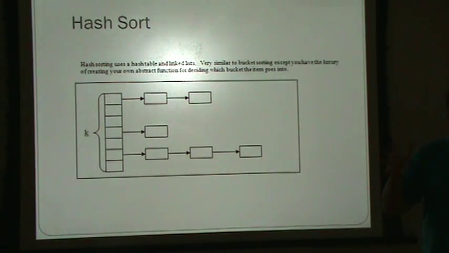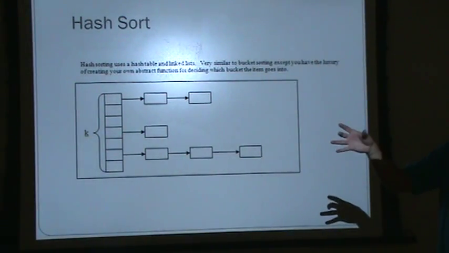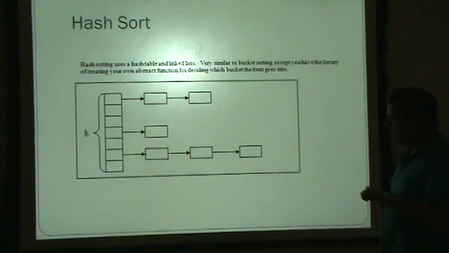Now, if you made it really complicated, where it takes the person's first name and their age and divides it by, if it got some real complicated thing, it's going to take up that much amount of time. So you don't want the hash function to be too time consuming. But we have to run the hash function, and then that takes us to a much shorter list than before. Now, if we did it like this,